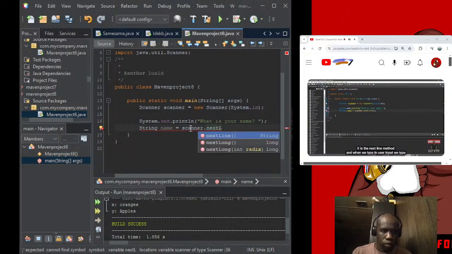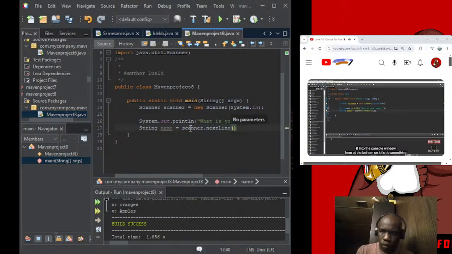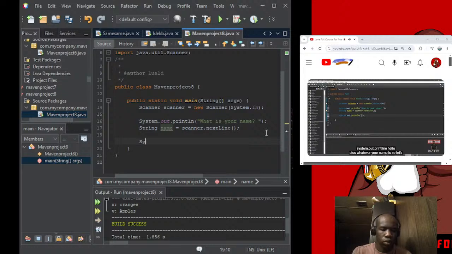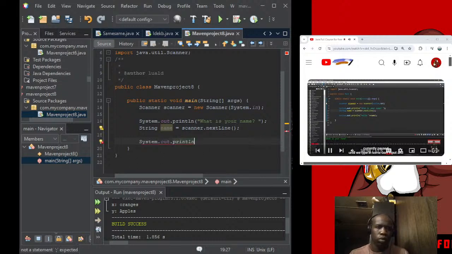And when we type in user input, we type it into the console window here at the bottom. So let's do something with this name, maybe display this within a message. System.out.println, hello, plus whatever your name is. So let's compile and run this. What is your name? Now our program is currently paused